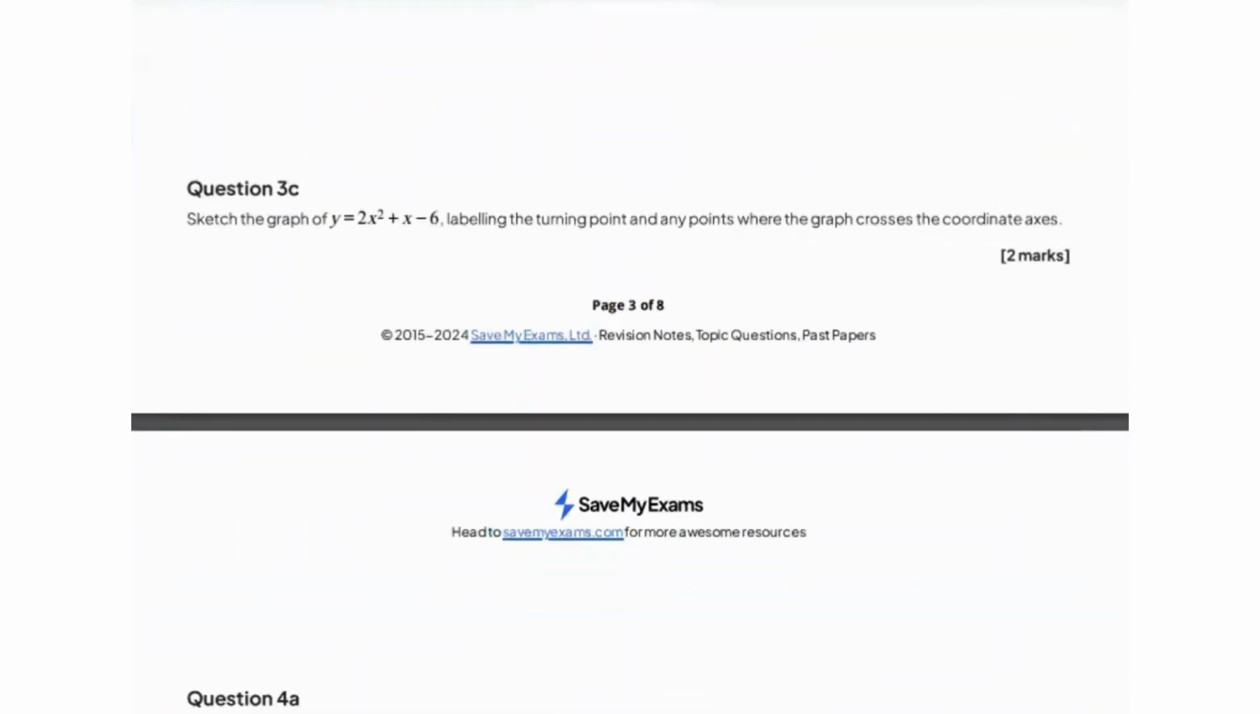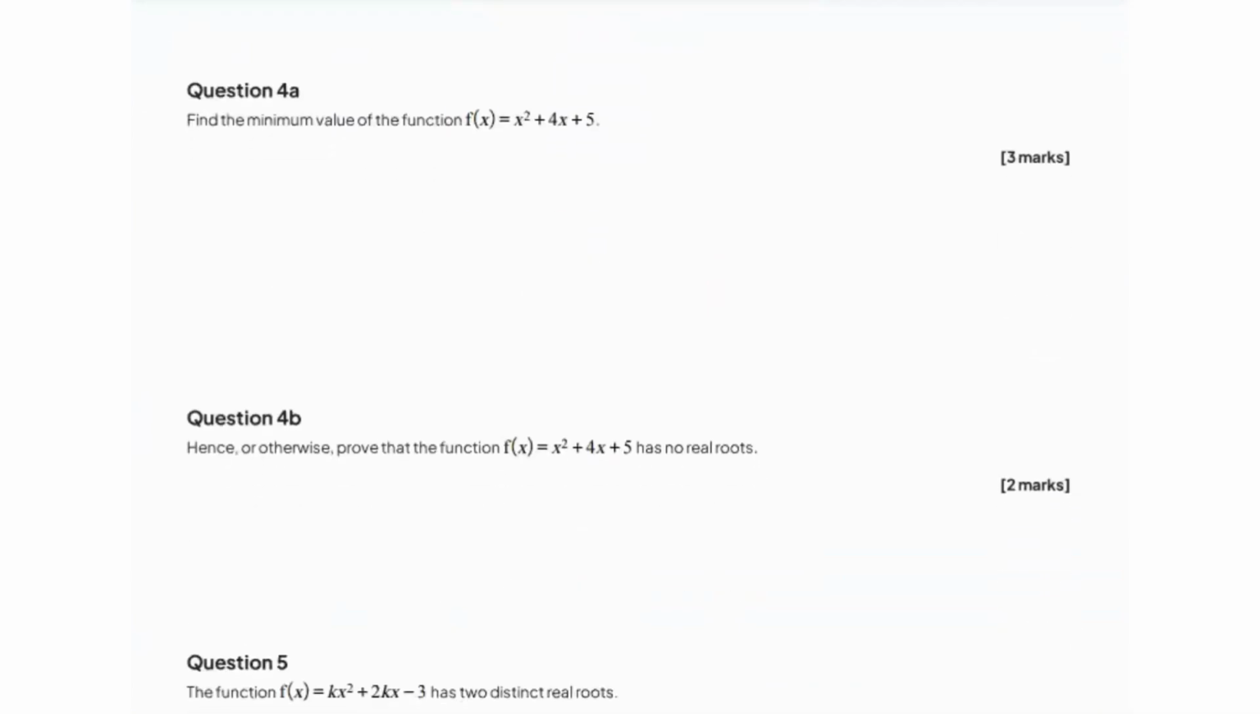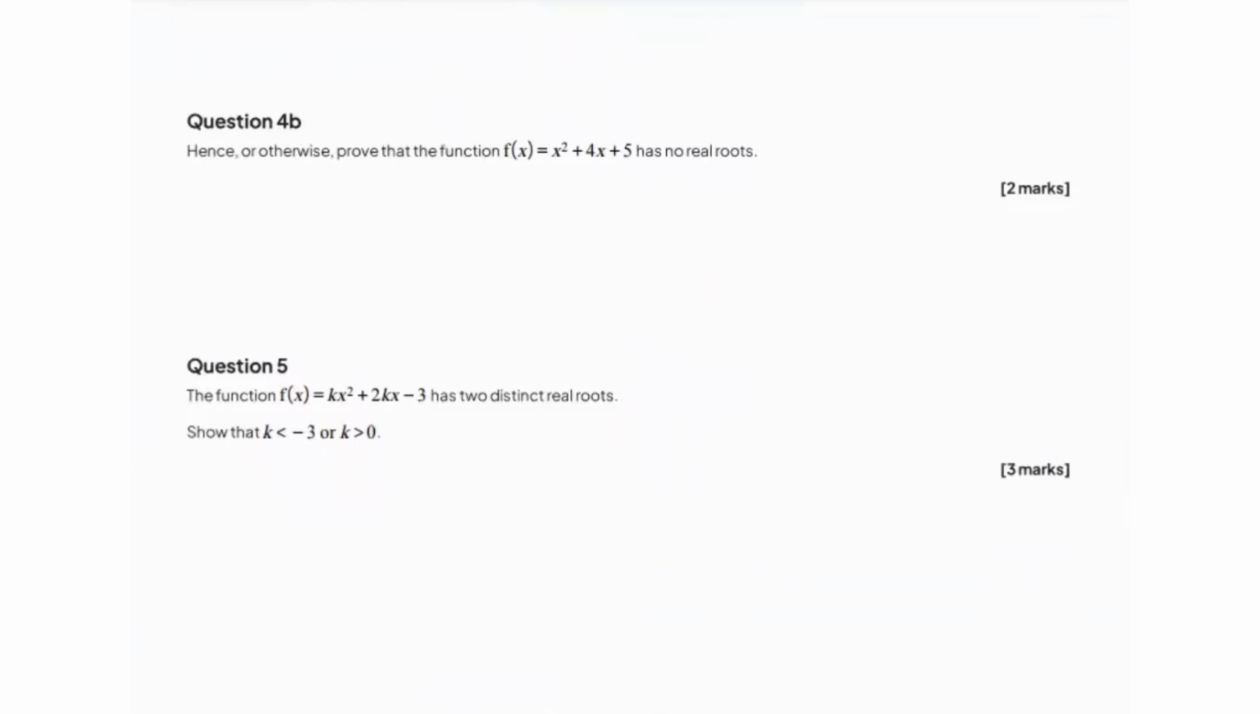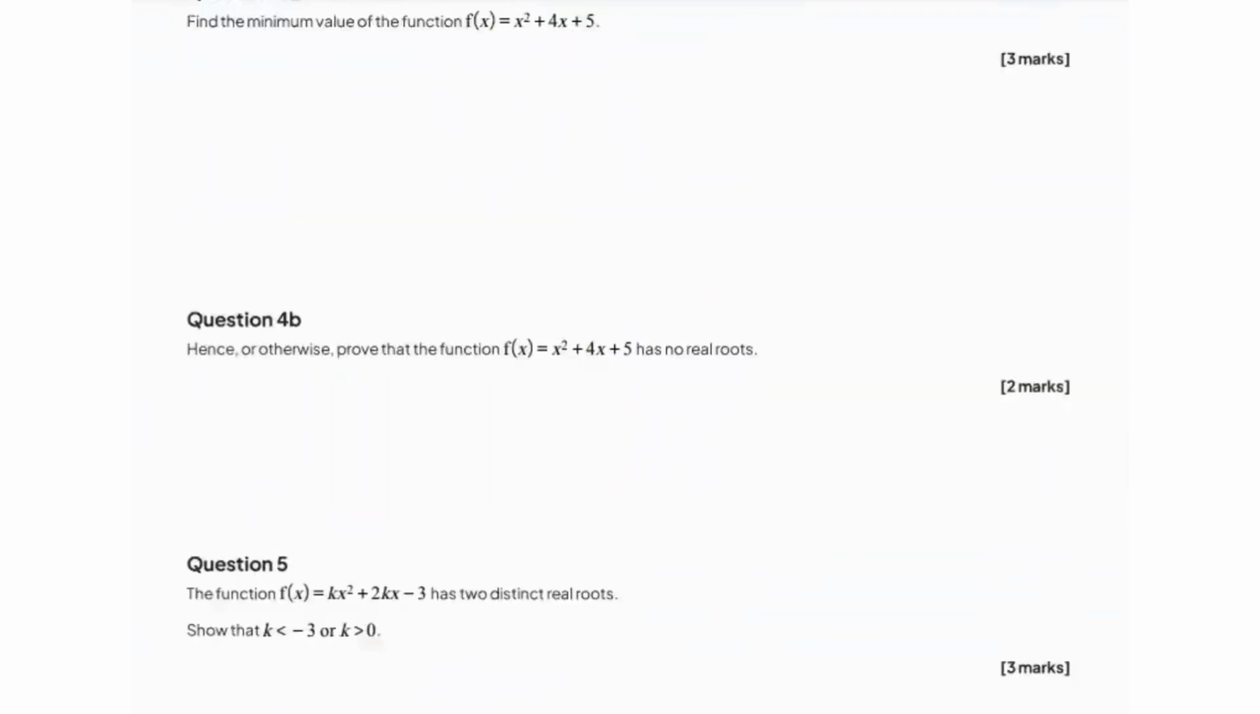Now, if we look at something different, 4b. In the first question, they're asking us to find the minimum value of the function, which you already know we're going to use the completing square method to find. Then it says, hence or otherwise prove that the function has no real roots. So to prove that,